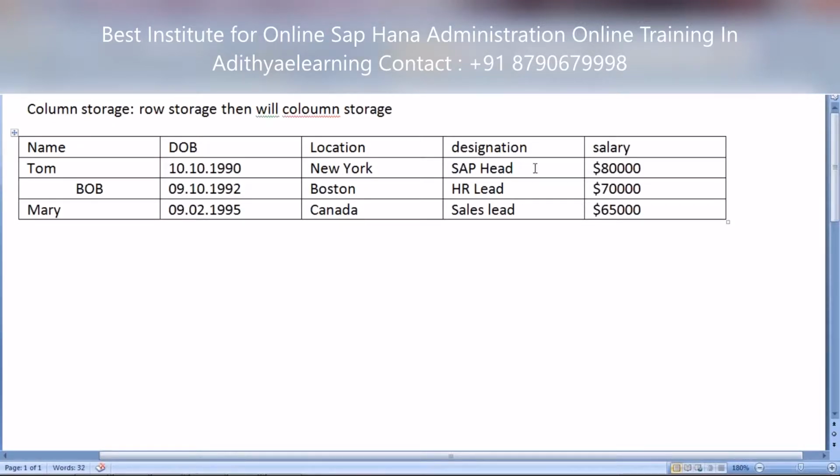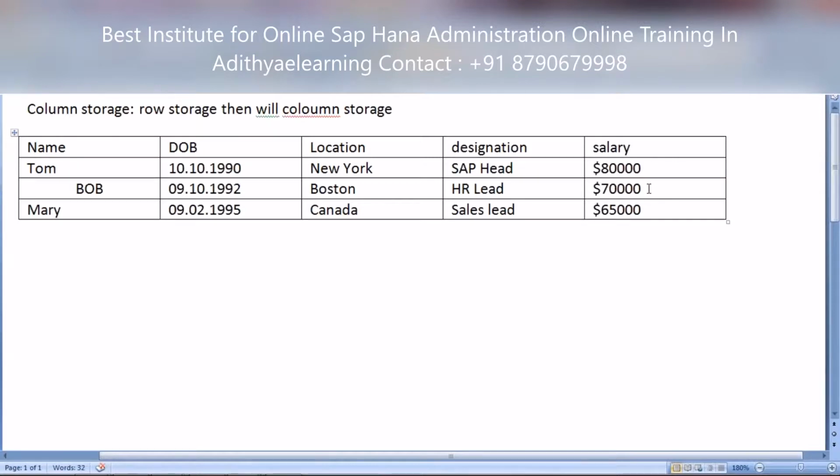For designation, you take SAP lead, HR lead, sales lead, but it excludes Newark, so it excludes that also, leaving HR and sales lead. Then salary should be more than 70,000, so it excludes the 60,000 also and goes with only one record.